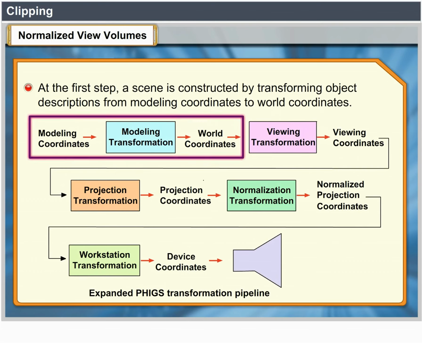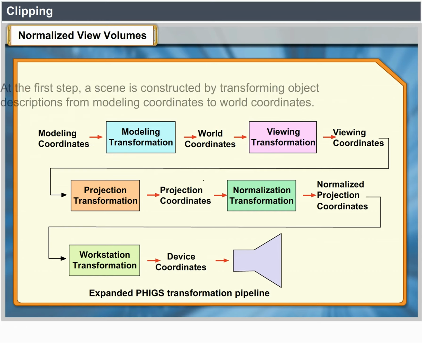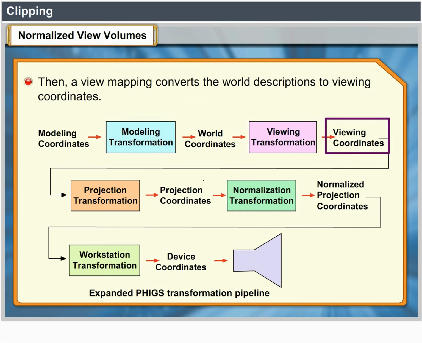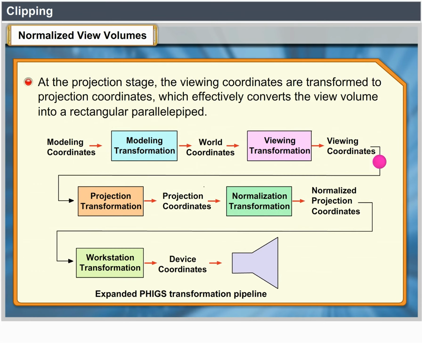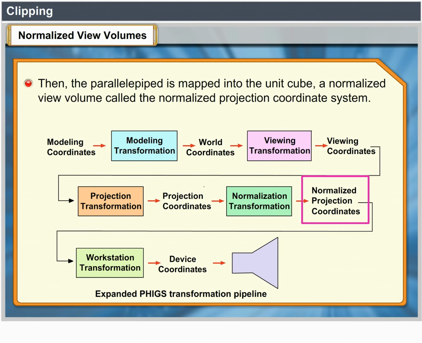At the first step, a scene is constructed by transforming object descriptions from modeling coordinates to world coordinates. Next, a view mapping converts the world descriptions to viewing coordinates. At the projection stage, the viewing coordinates are transformed to projection coordinates, which effectively converts a view volume into a rectangular parallelepiped. Then the parallelepiped is mapped onto the unit cube, a normalized view volume called the Normalized Projection Coordinate